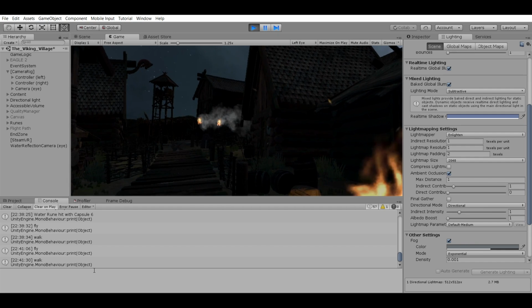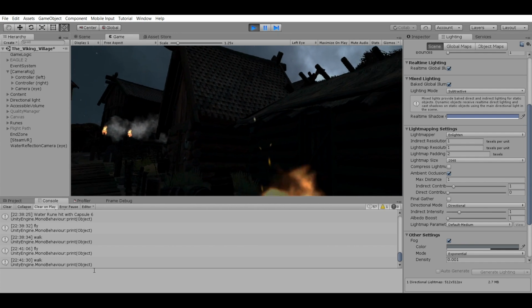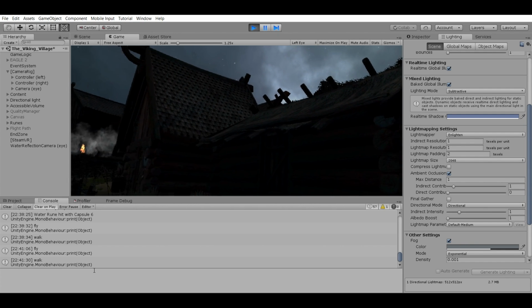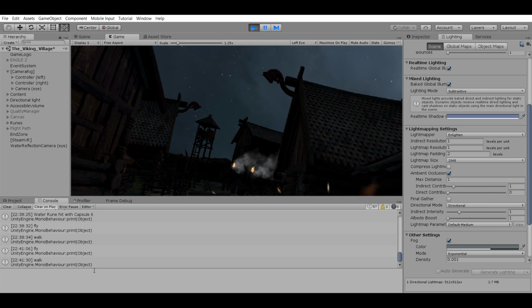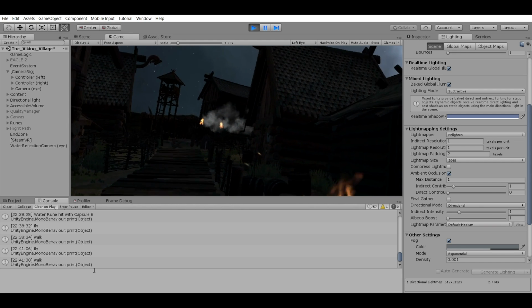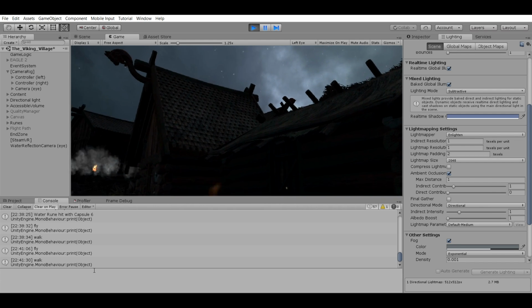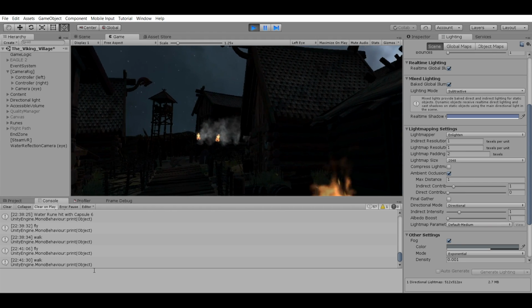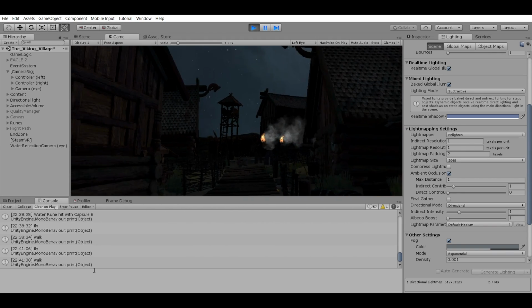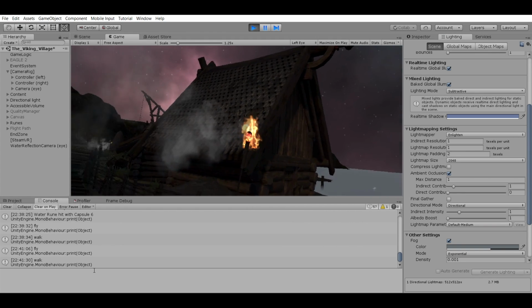But going back to lighting, the torch that you have in your hand is the only real-time lighting source. All the others have been turned to baked light maps for performance enhancement, and also